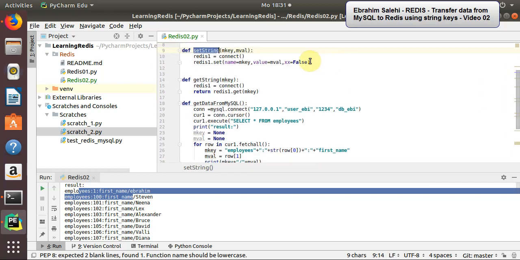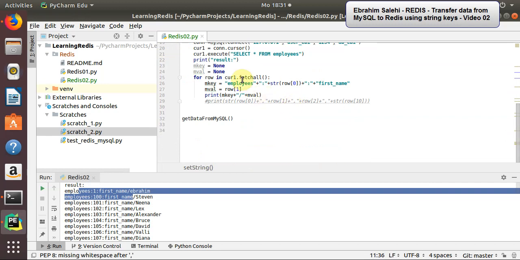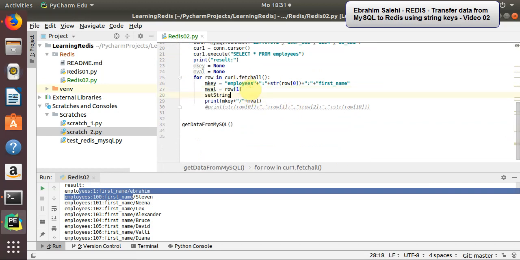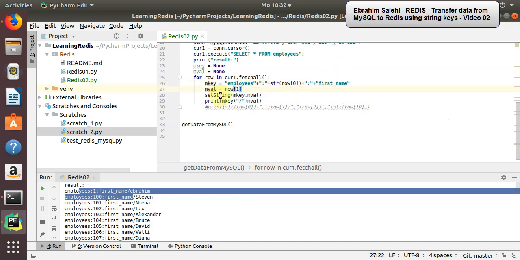Let me change this part. Okay, so here set a string, the key, m key, and the m value, m val. Okay, this command is going to create some keys with the first name, and for the last name I have